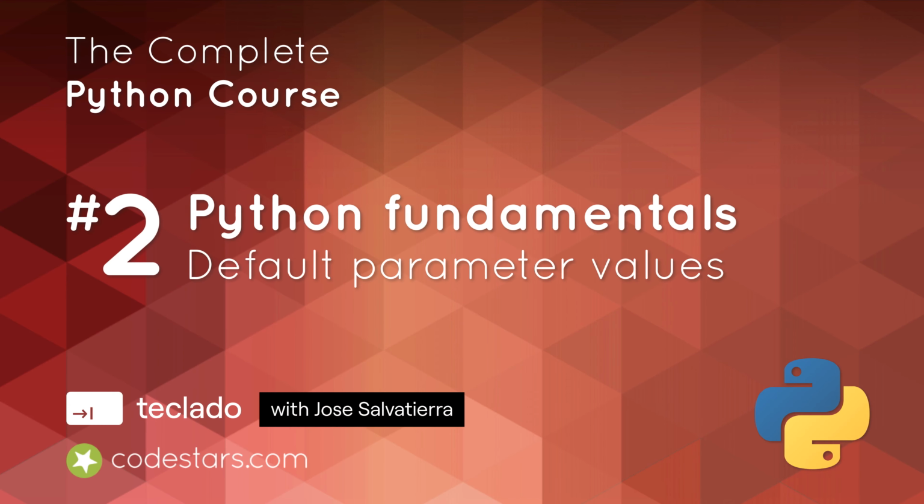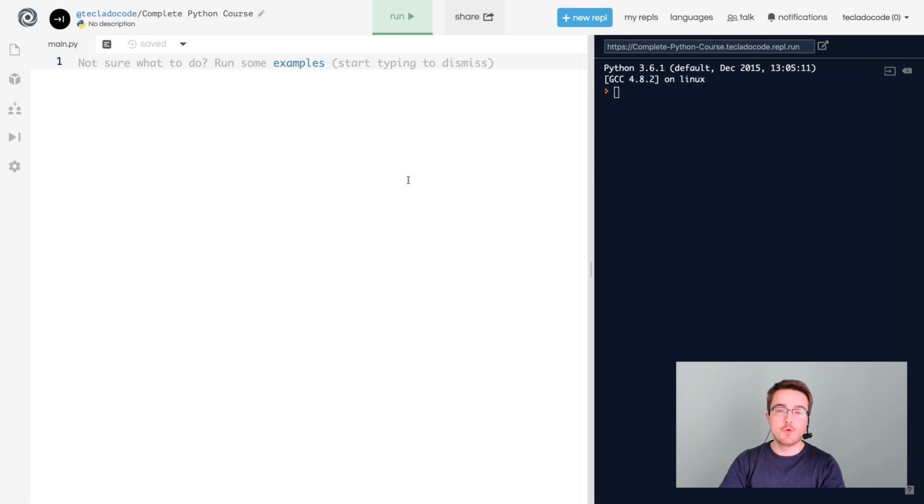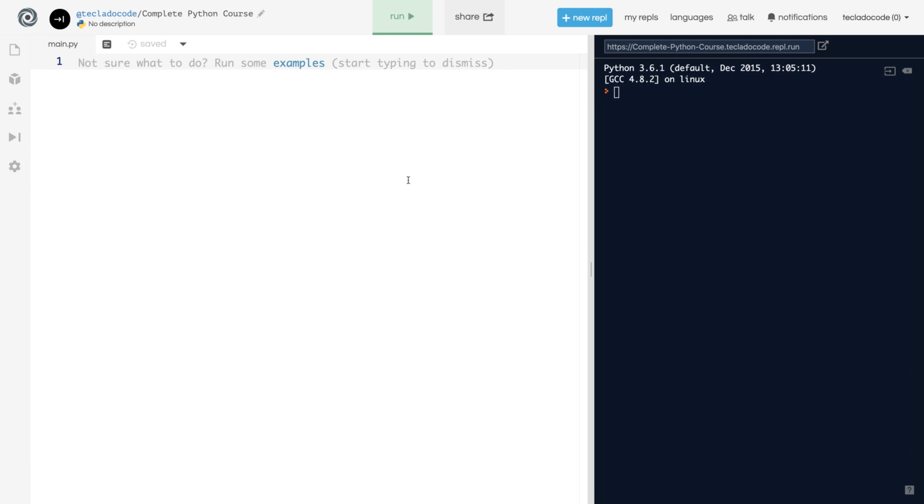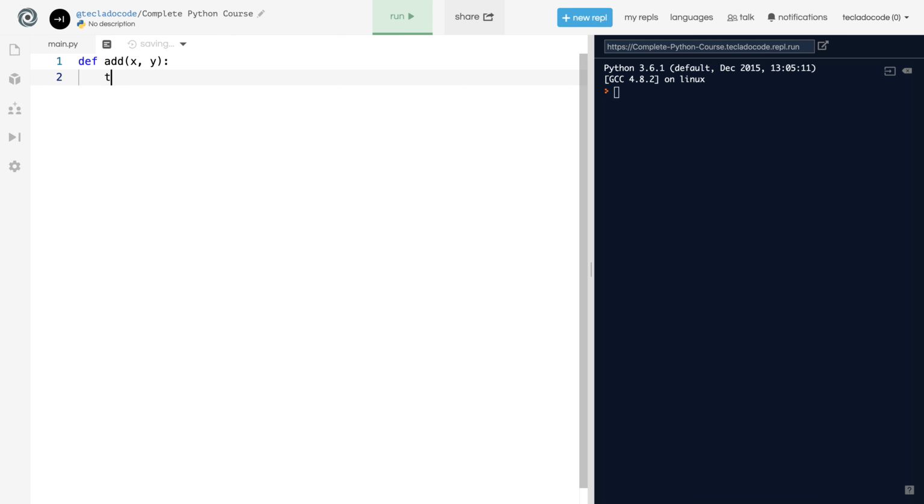In this video we're going to learn about default values for parameters. Let's say you've got a function called add and it takes two numbers x and y and calculates a total and then returns it. Then let's say we call it with the values 5 and 10 and print it out. So if we run this you get 15 because 5 gets assigned to x, 10 gets assigned to y, and then the sum 15 gets assigned to the variable total, the value of the variable is returned, and then that